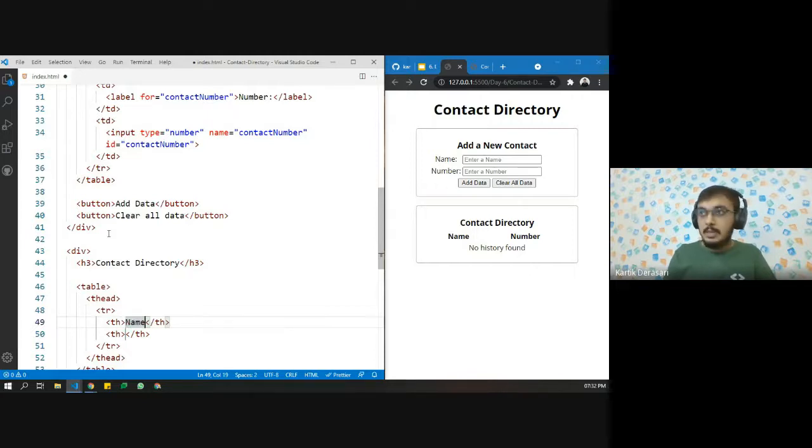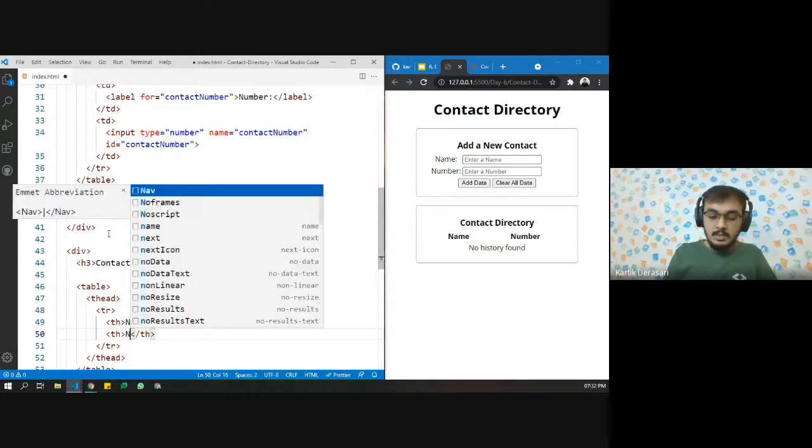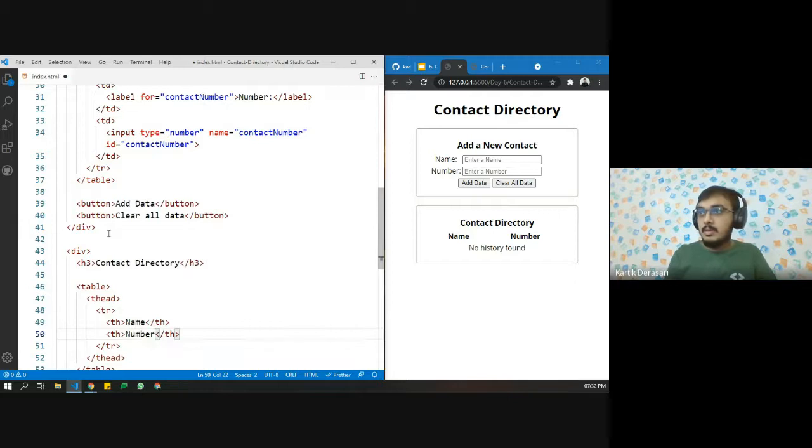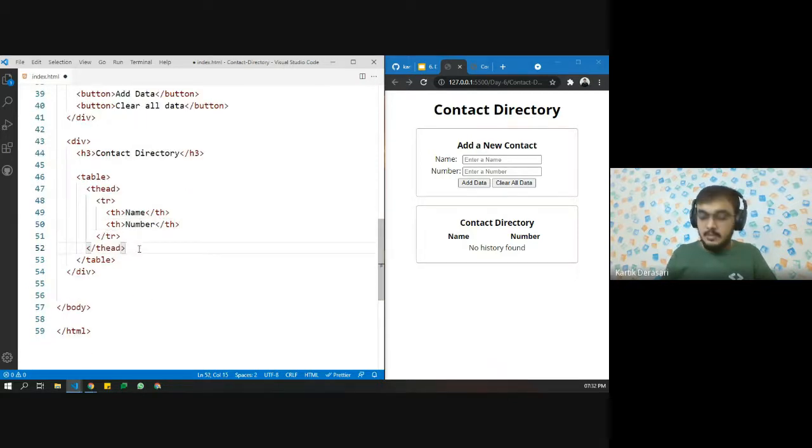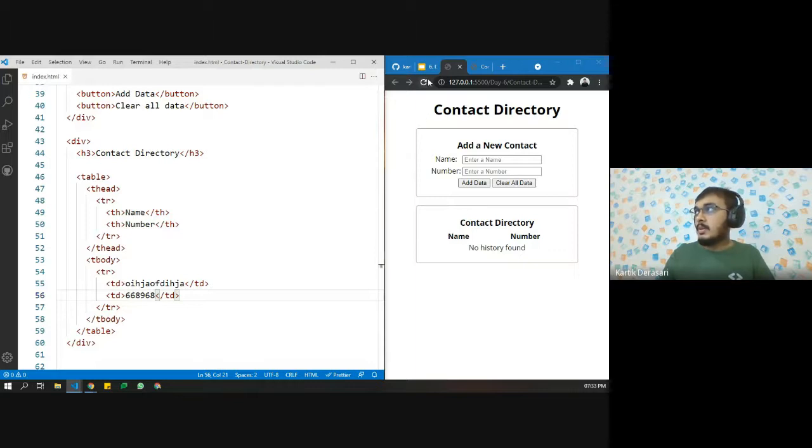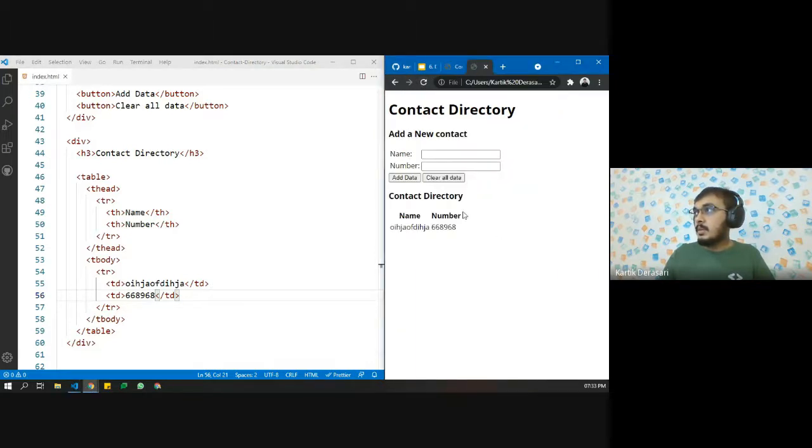First is name, another is number, and then we have tbody. Inside tbody, let us say we have one row, we have data, let's say any data, and one more, any number. See how it looks like here, pretty basic.